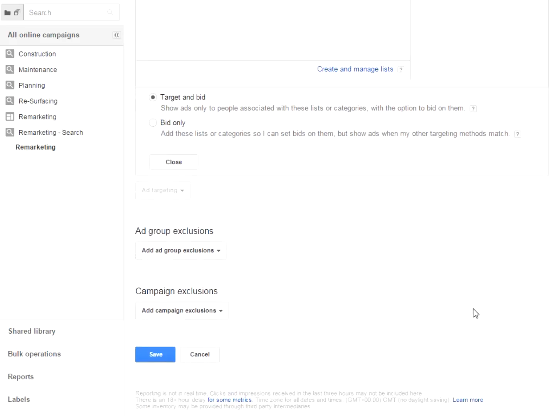You can also add exclusions as well. So going back to the running shoes example, if we had a list of people that have completed a purchase, then we could add that remarketing list there, so we're not targeting people that have already bought their running shoes. And you can add these exclusions either at ad group level or at campaign level as well. You then click Save,